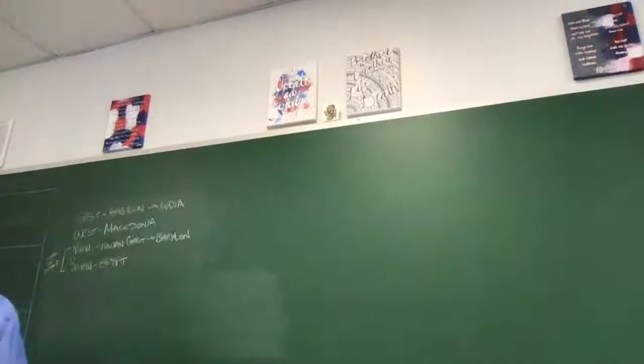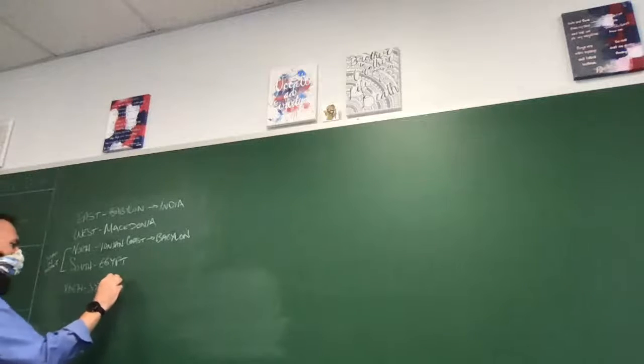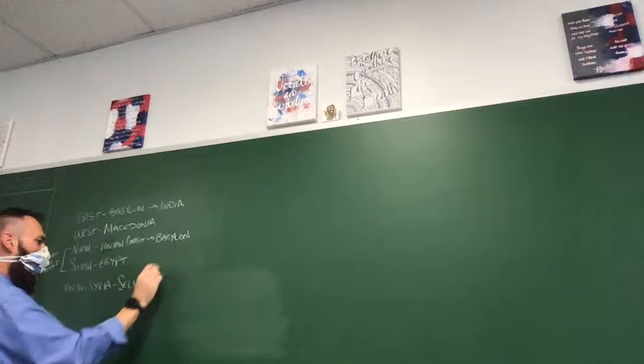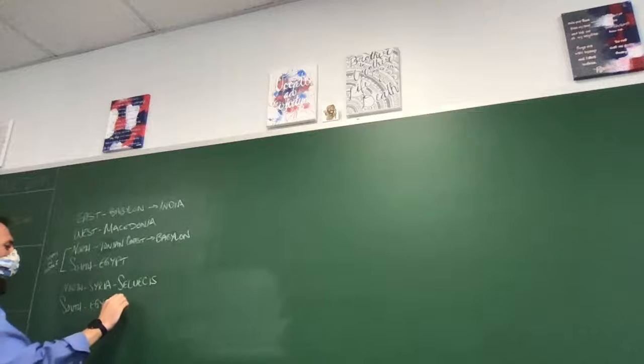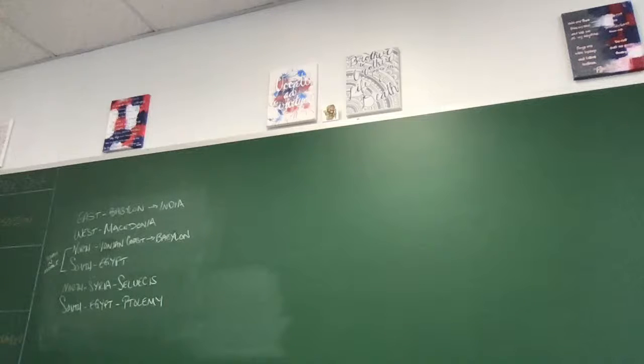Here's how this works. The northern kingdom is centered in Syria. Capital city is called Antioch. We know that city from text in the New Testament. And has as its first king a man by the name of Seleucus, one of Alexander's generals. The south, I said, was Egypt. And its first king is a man by the name of Ptolemy.